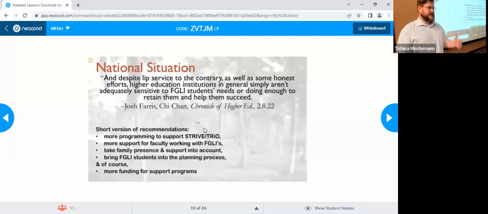It seems that given the numbers that Strive TRIO are looking at and generating for their upcoming grant applications, Chadron State College is doing better than that 11%, and quite a bit. I wasn't able to get those numbers in time to incorporate them here, but the number of FGLI students has increased dramatically since the 1990s when student aid became more available. And this is one reason for the increased urgency of calls to support them and the increased direction of funding